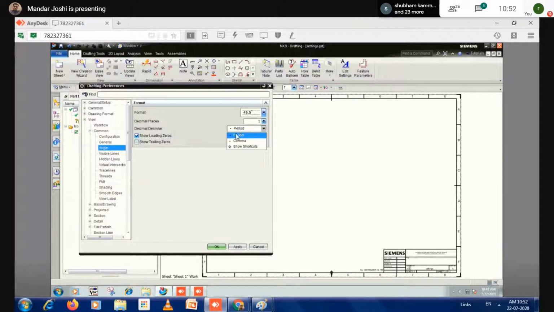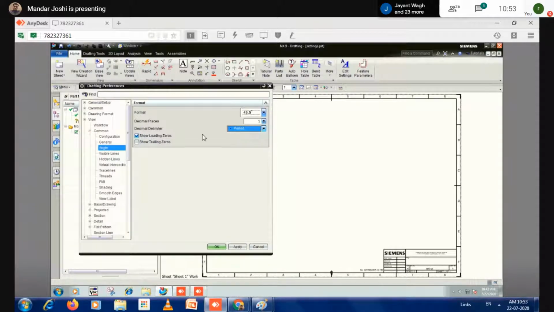Some countries indicate 45,5 for the degree angle. They are using 45,5 degree. But what we have to write here is period. So it is given here as dot. Are you observing this 45.5 degree? Instead of point, if you want a comma here, then you have to select this option. But we are never using the comma. We have to use only the period option. This is very important. Okay, what next?